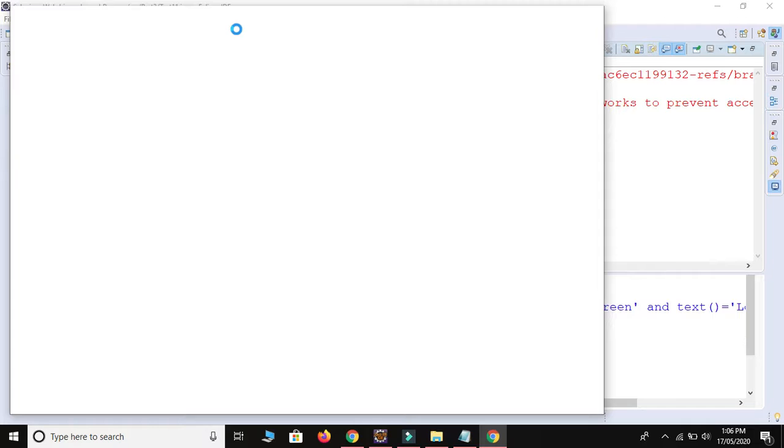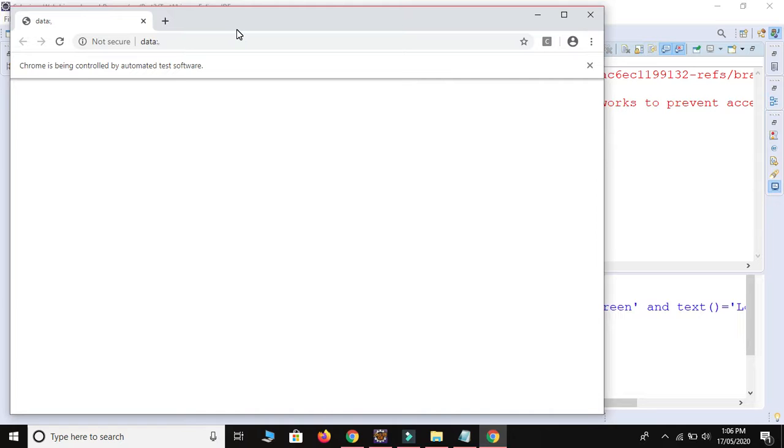It will launch the URL and click on the login / trade button, and the second tab should open.